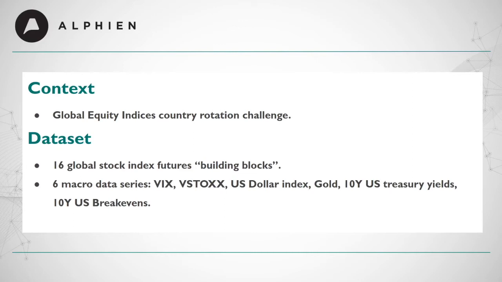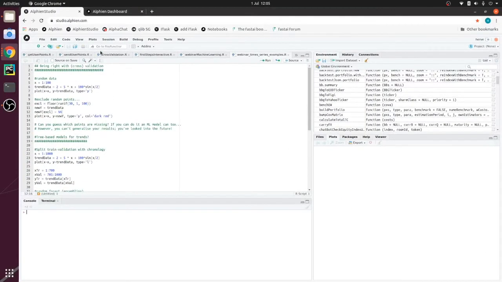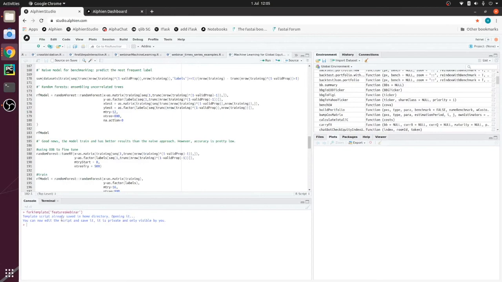So as usual, I'm going to jump back and forth between this presentation and the code so that the presentation is as concrete as it can be. So let me just show you my environment for coding. As Alphien said, if you want to load the code for this presentation, you just go in your console and type in fork template with the right parameter, features webinar. If I do this, I execute it, this will